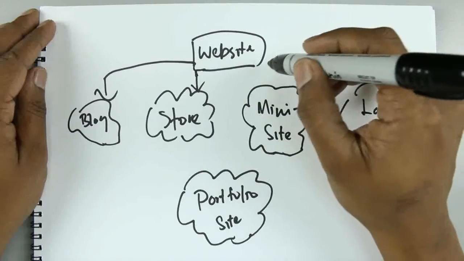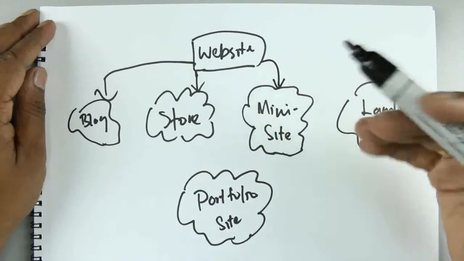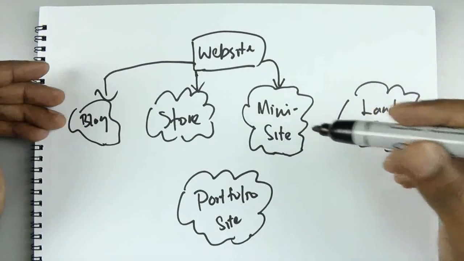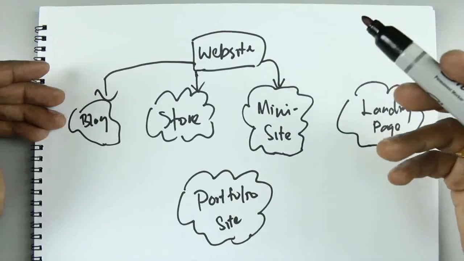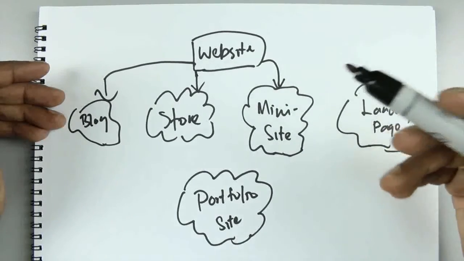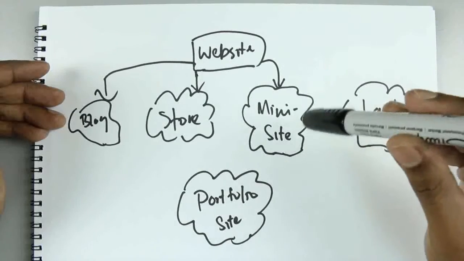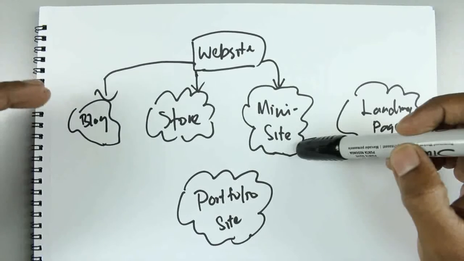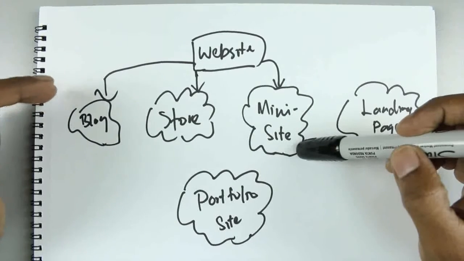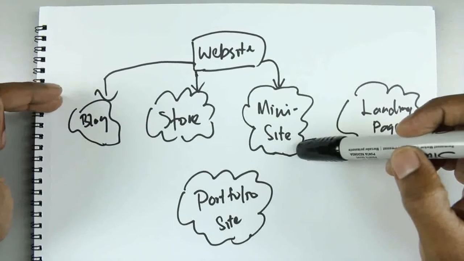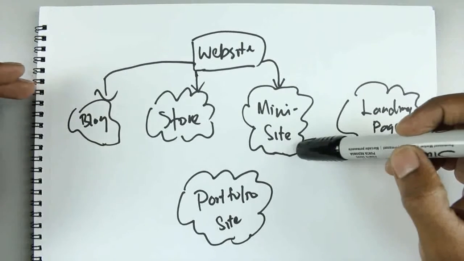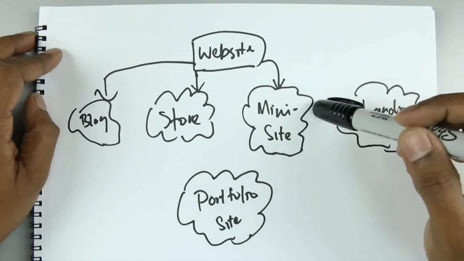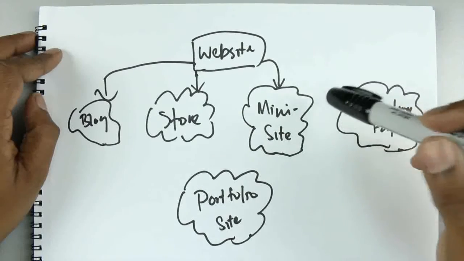And then you have your mini site. A mini site is more static in nature, not like a blog. The content in a mini site is not date sensitive, so it's not arranged with the latest post on top. It is basically lots of static pages. This is how people used to create a site before blogs were popular, because to publish a blog, you need a content management system or platform that helps you keep track of the published date, the number of comments, whereas in the good old days, people were just building mini sites with regular HTML and doing it the manual way.